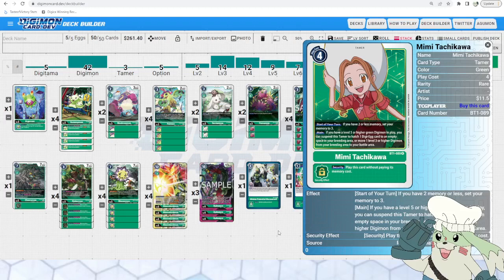Not only does Mimi guarantee you 3 memory to make big plays, it also lets you push out an egg for lethal potentially if you have 2 of them on the field, and you could do it in 1 turn. And if not, you could hatch an extra egg with this to get you an extra draw to see a piece you may be missing. It's a really versatile, powerful tamer. And that is going to be the